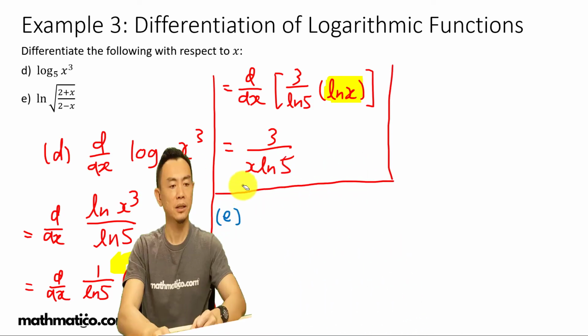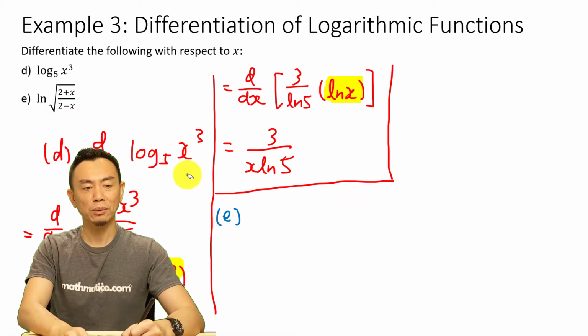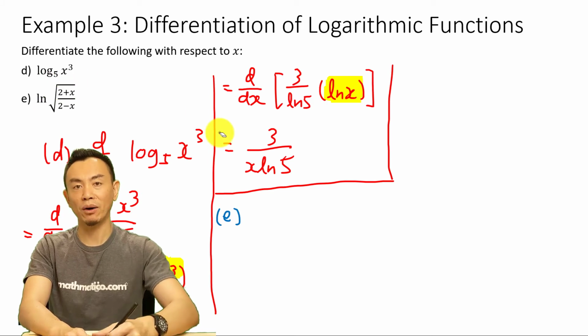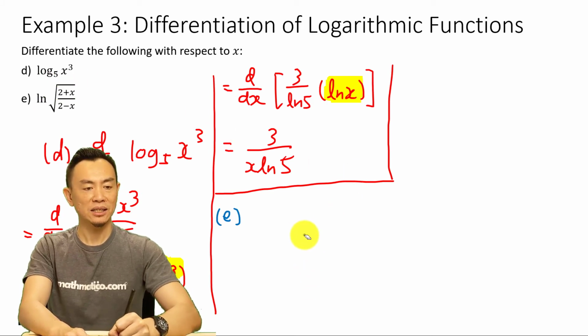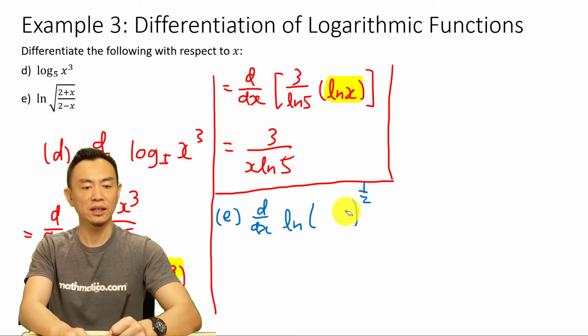Part E, differentiate ln of the square root of 2 plus x over 2 minus x. So again, you can see that the square root here is power half, and we can actually simplify it first. So we have the d dx of ln of this whole thing to the power of half, right? So by now you should know, I hope you do,